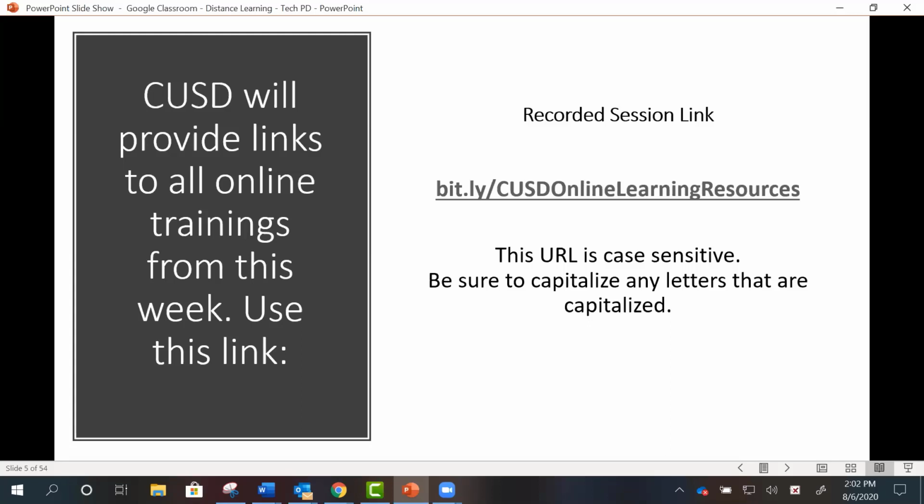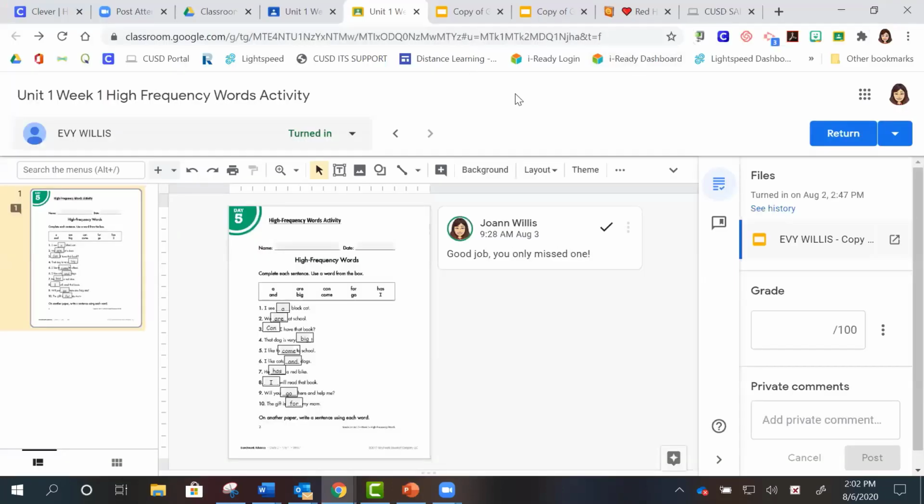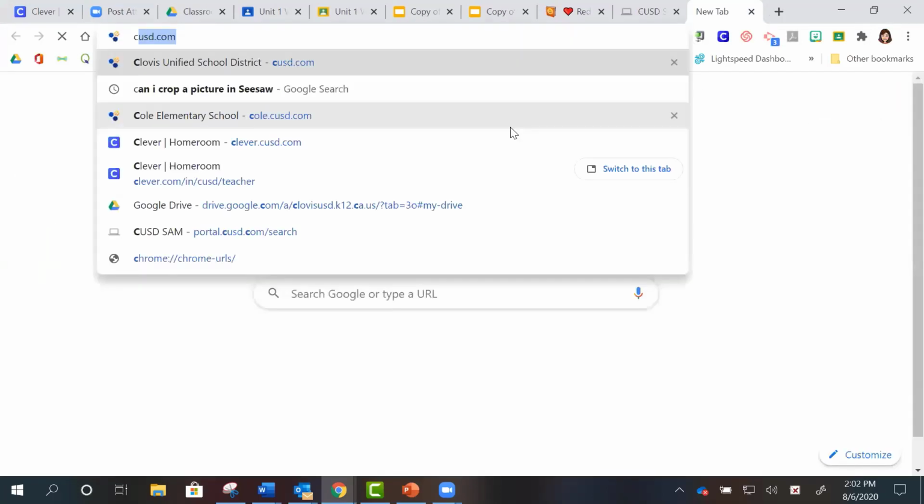And then another question, do you put a Zoom link on Google Classroom? No. Well, no, yes. Google Classroom is secure. So Zoom links are fine to go on Google Classroom. But what I recommend is adding it to Clever. So to do that, teachers can, when they go into Clever,